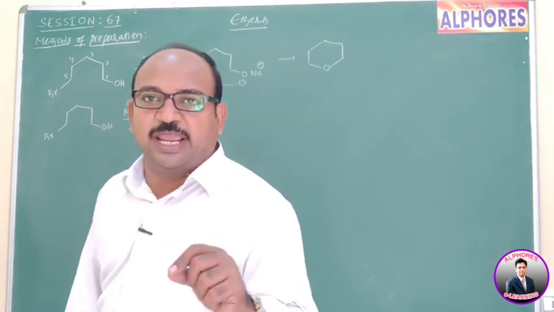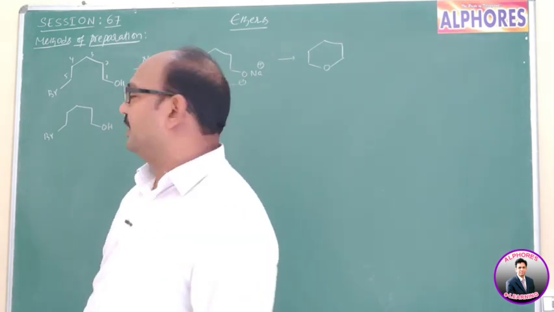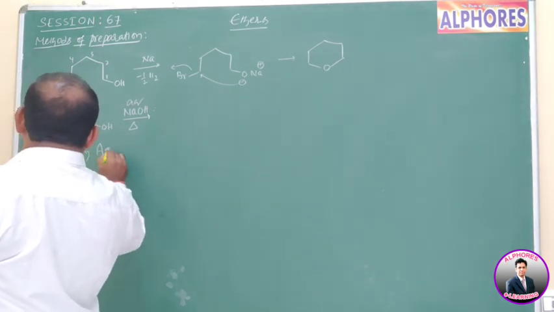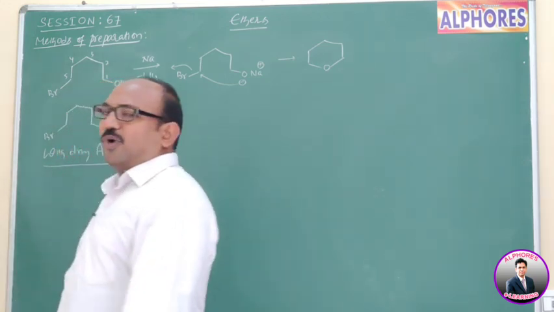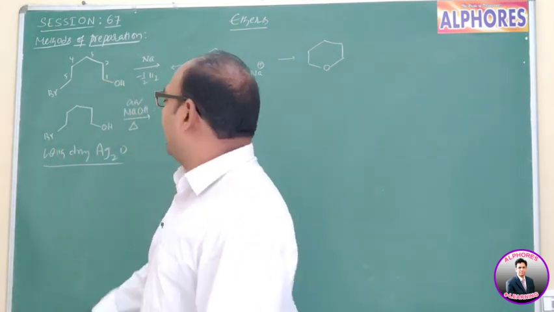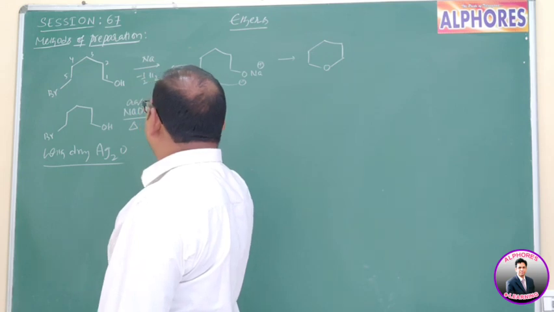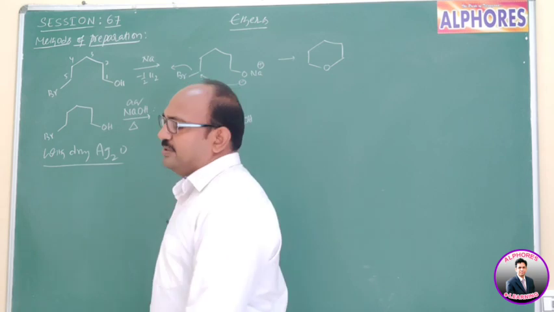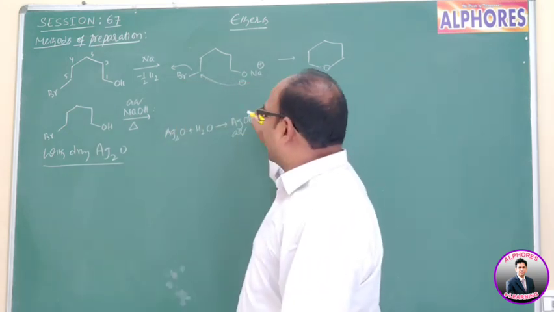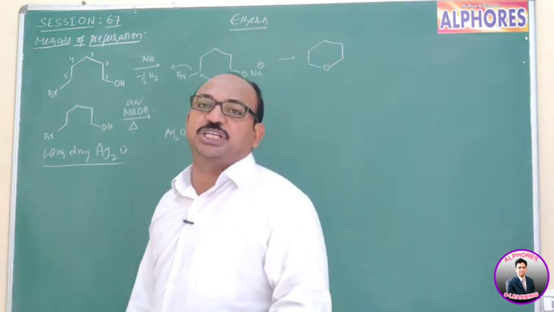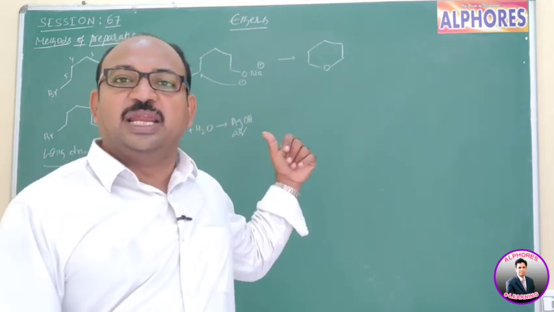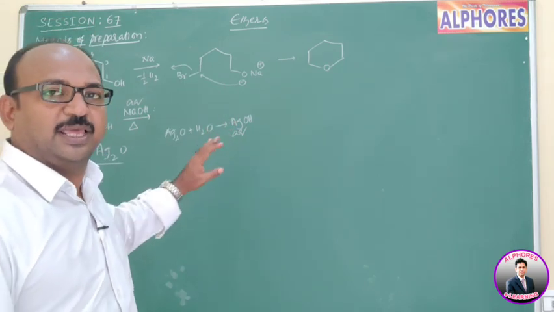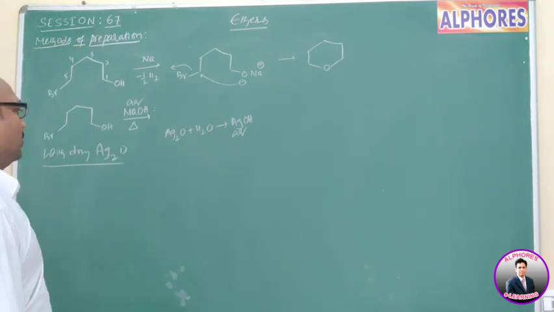Now, methods of preparation. Alkyl halides upon reaction with dry silver oxide. What do we mean by dry silver oxide? That also we learned. Dry silver oxide means there is no water. So what happens if water is there? Then it converts into AgOH, which is aqueous AgOH. Again it leads to substitution, just like aqueous alkali, which gives substitution product rather than elimination or dehydration product.